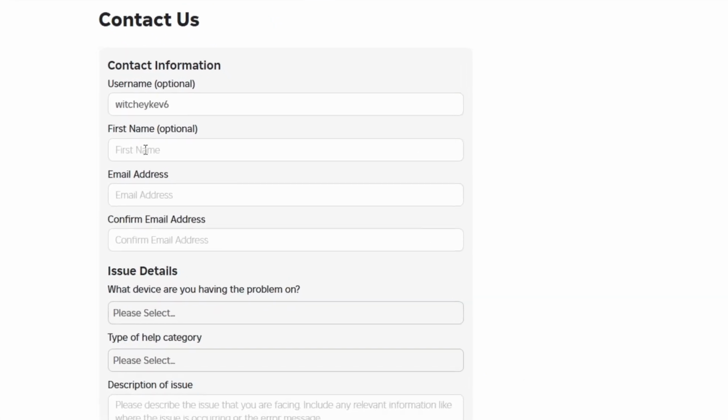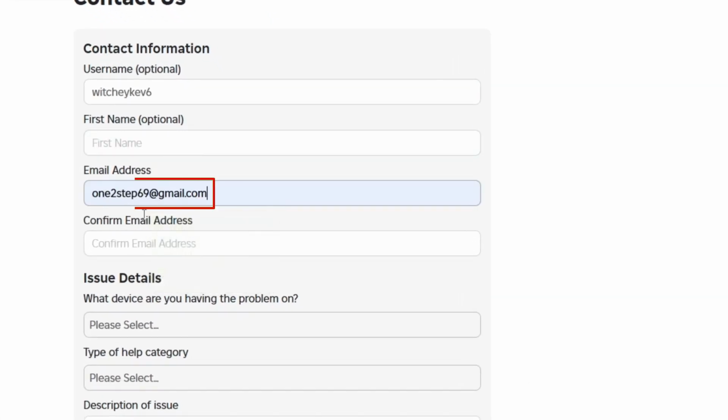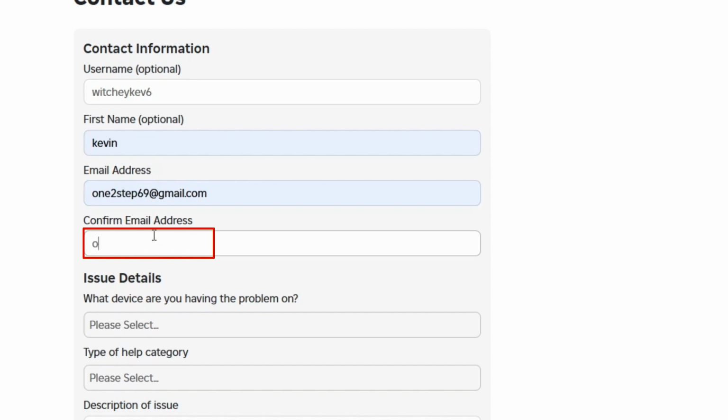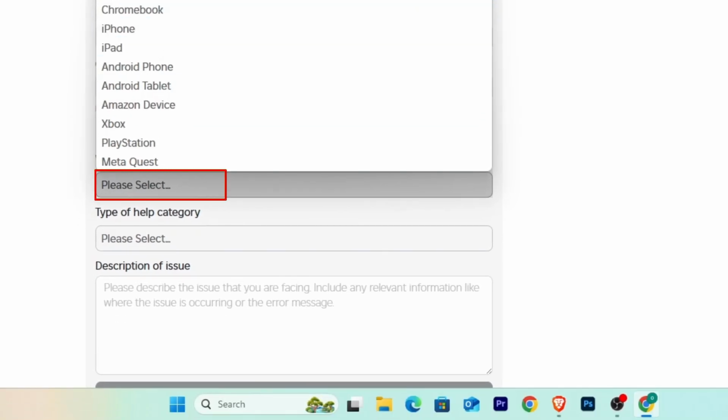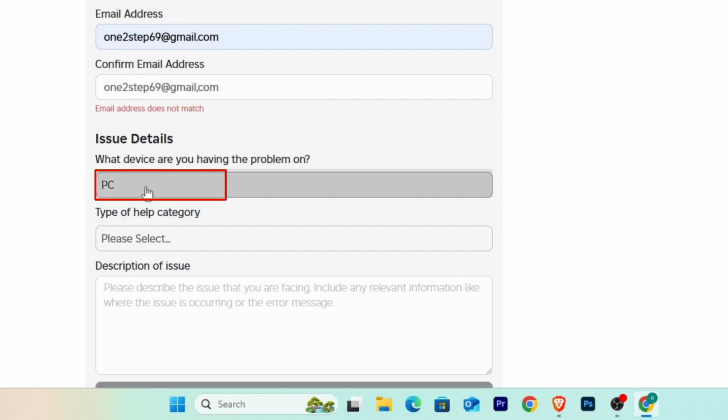Over here, you want to enter your full name, and then you need to enter your email address over here and enter the same email address over here again to confirm it. Make sure you enter a correct email address, because Roblox is going to contact you over here to refund your game pass, okay? And over here, make sure you choose any console or anything you use to play